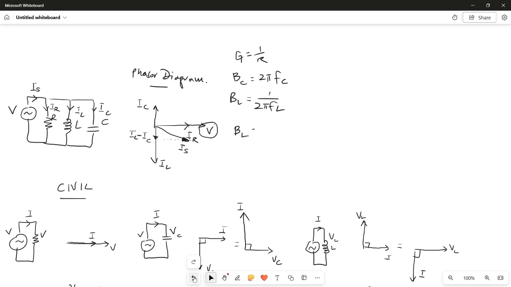So to combine it, what's my total? Who wins the tug of war again between these two? It is BL minus BC, and you have to do the calculation again. Obviously, if IC is longer, my BC